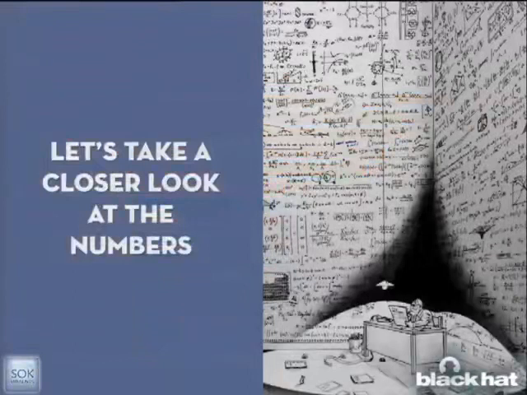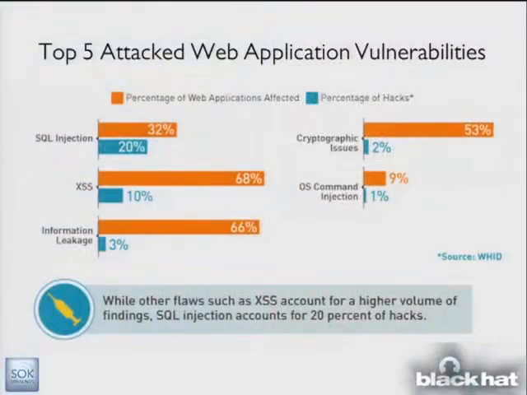by far number 1 was SQL injection, here at 20%. So in orange is the percentage of web applications that we saw affected by that. So in our set of 10,000 applications, 32% in the orange here had one or more SQL injection vulnerabilities in them. And from the Web Hacking Incident Database, we see here that 20% of attacks on websites are SQL injections. So you can see that it's obviously a popular attack, and it's in a lot of applications,